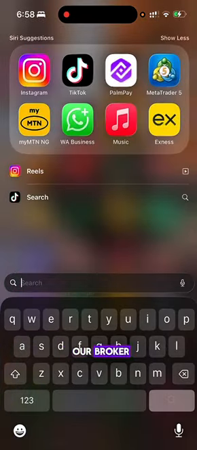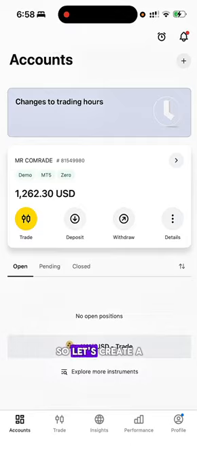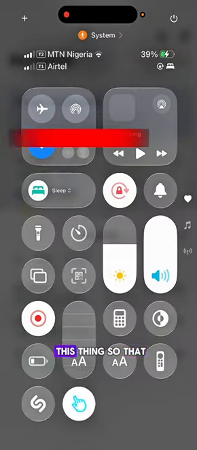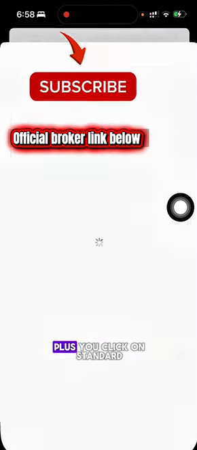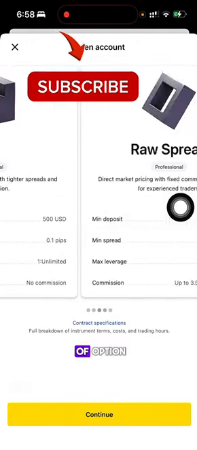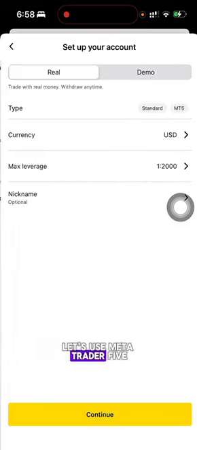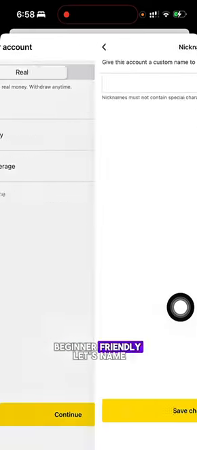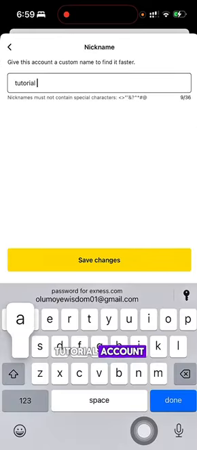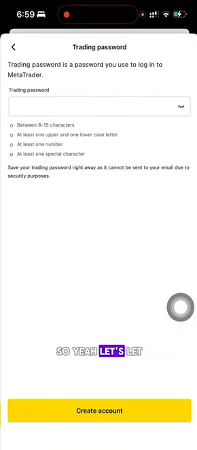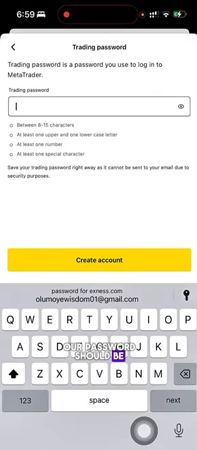Let's go to our broker, which is Exness. Let's create a real sub account real quick. Click on plus. Let me bring this up so that we can be on the same page. When you click on plus, you click on standard. There are different types of options, but we're going to create a standard account. Let's use MetaTrader 5, it is more beginner friendly. Let's name this account Story Account. Then our password should be